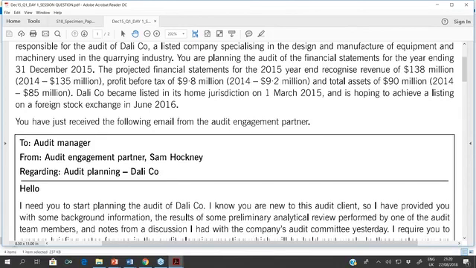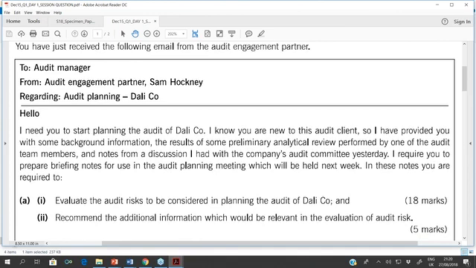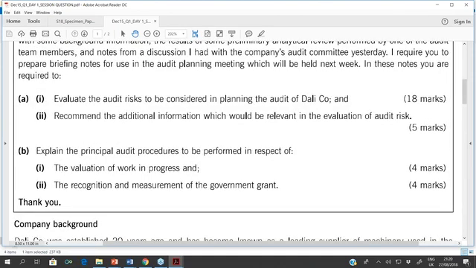Okay, let's go down with this question in front of your screen. See, this is just like the new paper format. It is still an email because this is an old paper format, but more or less there are too many similarities between how the new paper format looks and how the old paper format looked, because the only thing changed is that the choices have been eliminated. Now, if you look at this question, it says evaluate the audit risk,